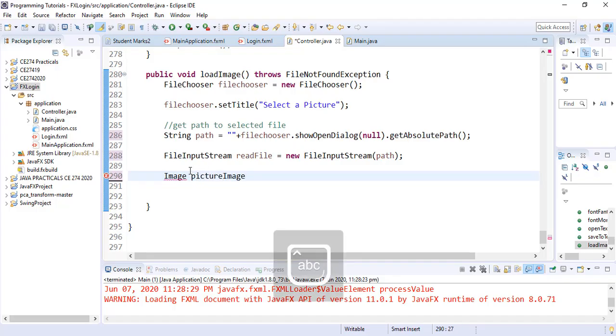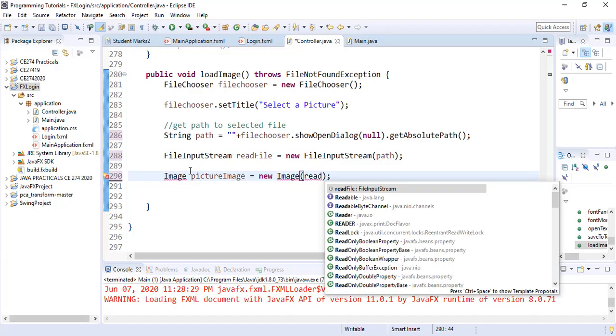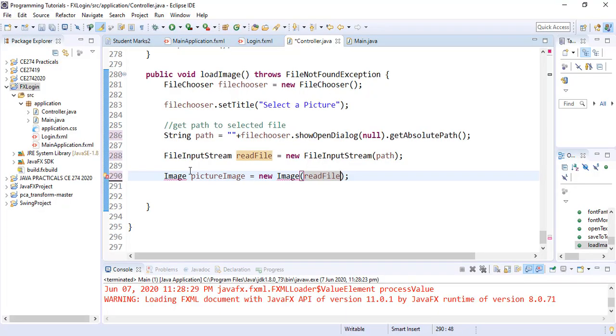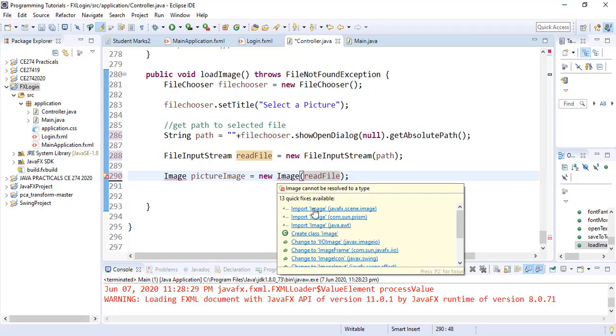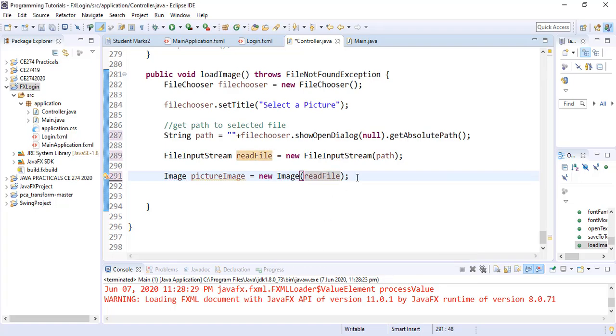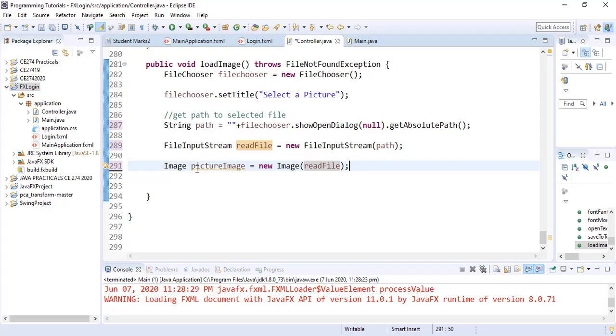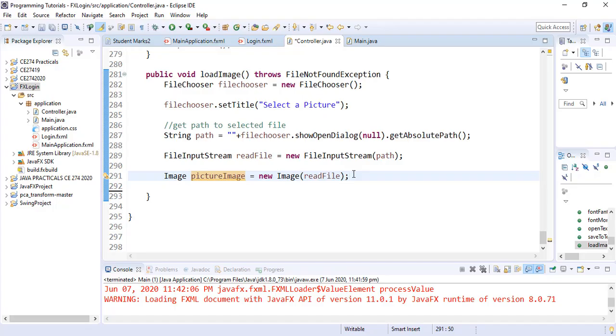Picture image is equal to new image, and convert the byte form we have read from the file into an image for us. So we need to import the image utility before we can do the conversion. Now that the conversion is done, we can use this picture image in our image view to view whatever image we select. But before we do that, we need to ensure that whenever the picture is loaded, it should not get distorted. The aspect ratio should